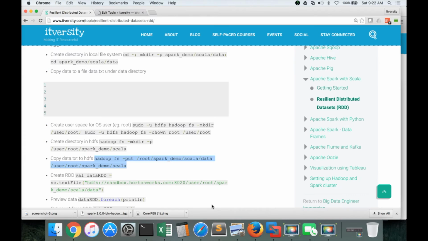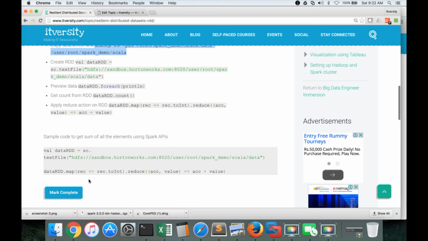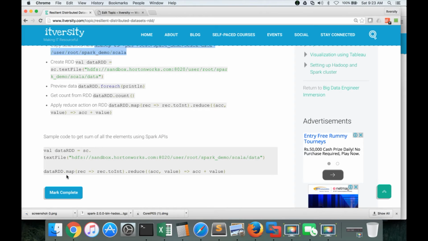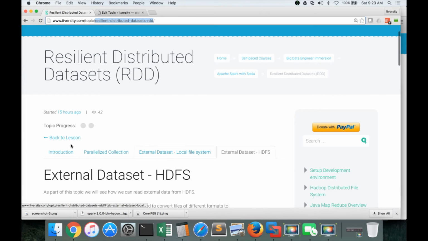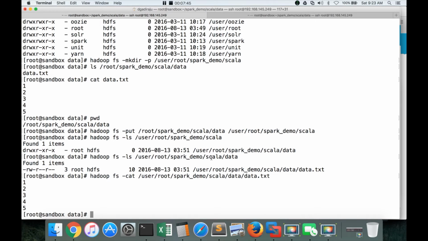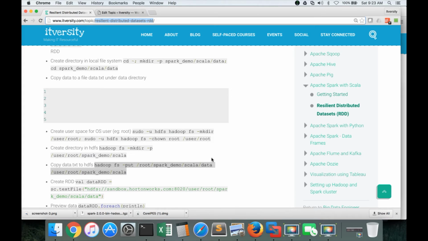It's not there yet, but I will add it towards the end somewhere here, so that you can start learning HDFS once you land on my blog for the code snippets. For this topic, you can go to itversity.com, topic Resilient Distributed Datasets (RDD), and you will see all the code snippets. There are sections or tabs here which are already covered. You can navigate through the appropriate tab and start exploring or pasting the code directly.